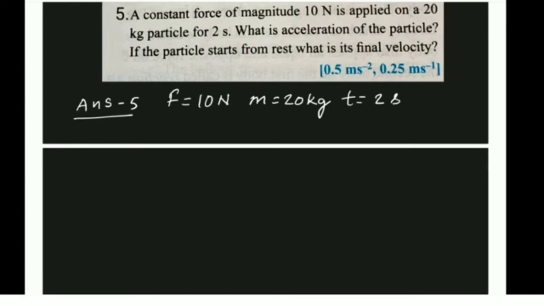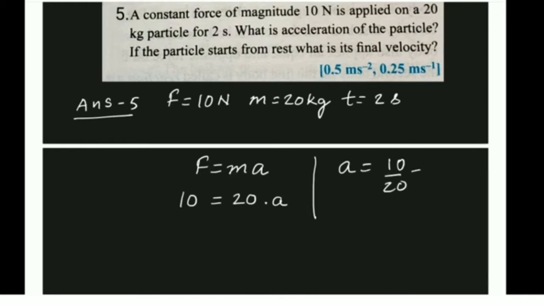So here we will apply the same formula, Newton's second law of motion. What does it say? That force is equal to the product of mass and acceleration. So in place of F you will put 10: 10 equals 20 into A. So what is A here? A equals 10 upon 20, or you can write 1 upon 2, or you can write 0.5,